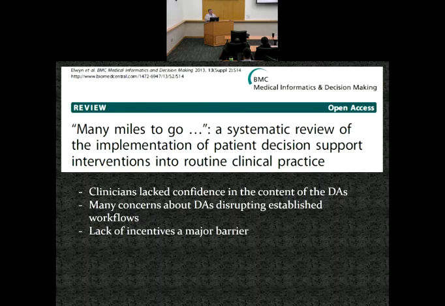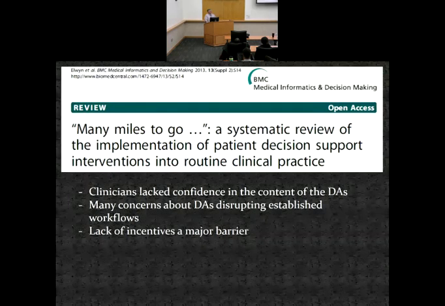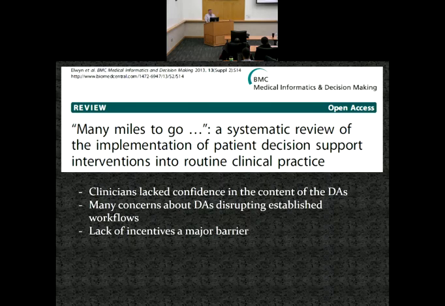There was another survey recently of urologists about would they use tools, and they said we're much more likely to use tools if they're endorsed by our specialty society, which is partly why I've started working a lot more with the American College of Cardiology, because they have an interest in shared decision making. If I can get them to endorse the tools and put the tools out there, then maybe I have a chance of actually getting people in the real world to use the tools. But that obviously comes with a lot of baggage.